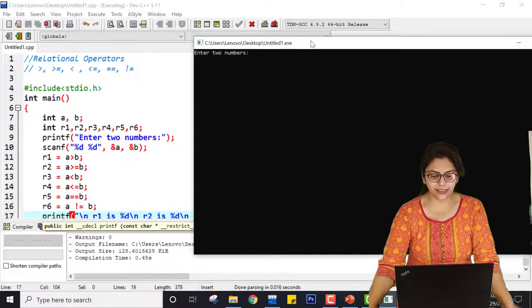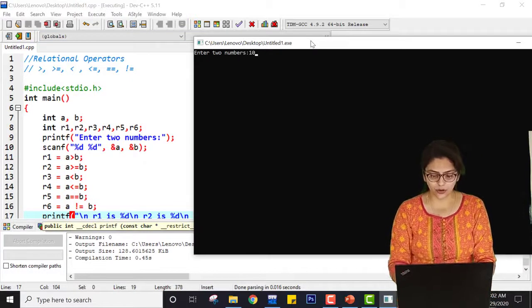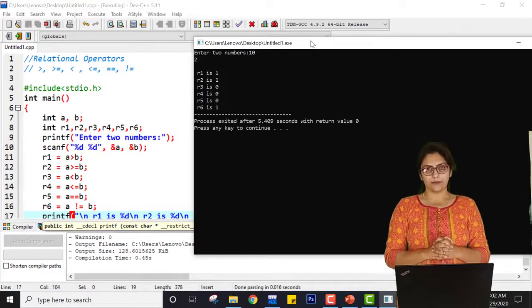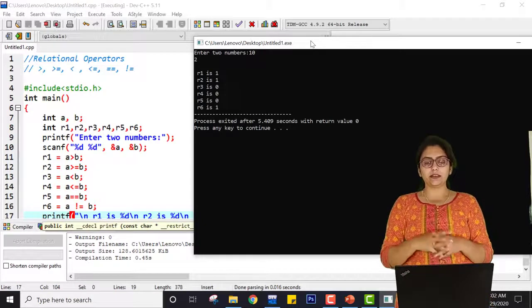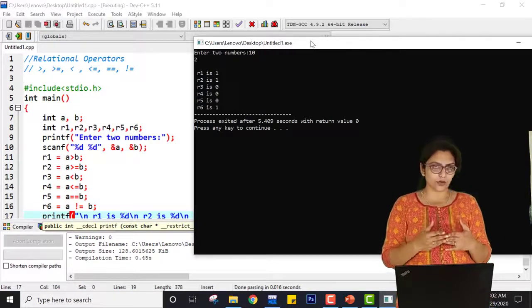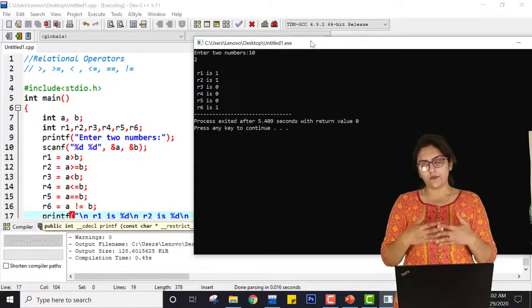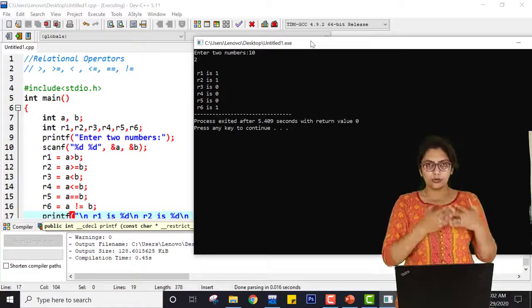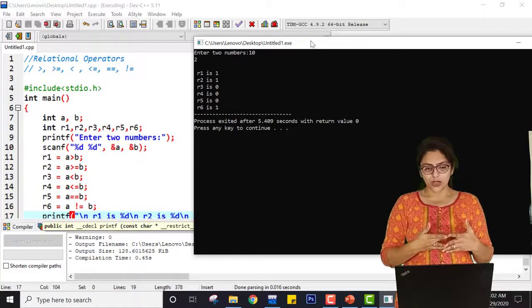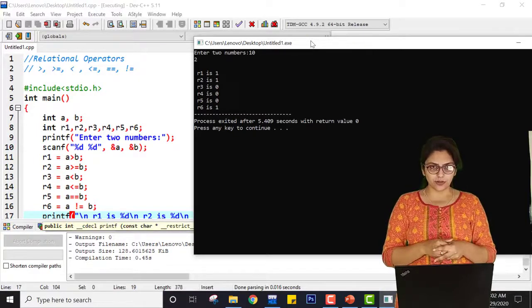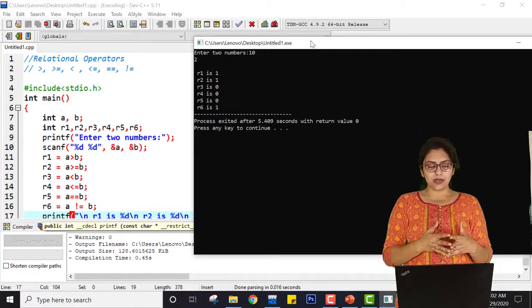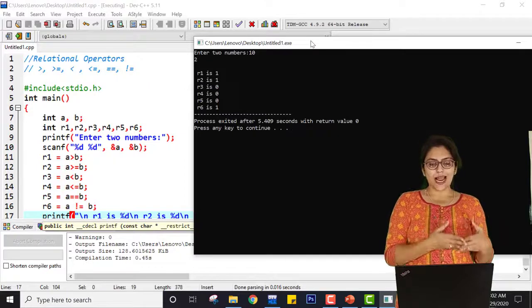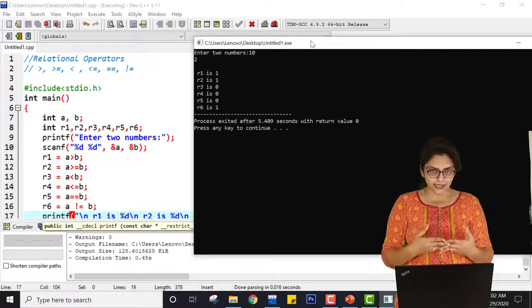So I am taking 10 as the value of A and 2 as the value of B. Now what exactly is the answer? The answer is in zeros and ones only. So that means true and false. 1 means true and 0 means false. For the first expression of R1, A's value is 10 and B's value is 2. So 10 is greater than 2, that is a correct expression.